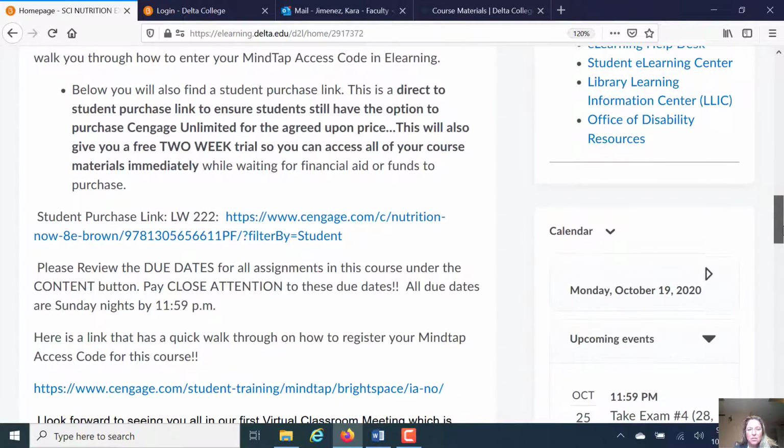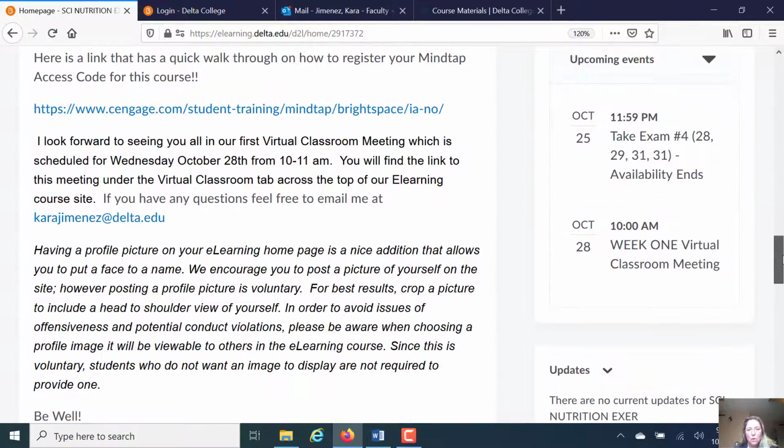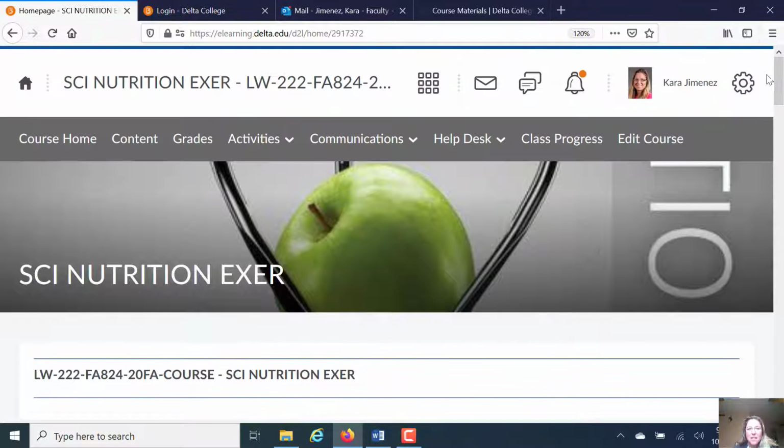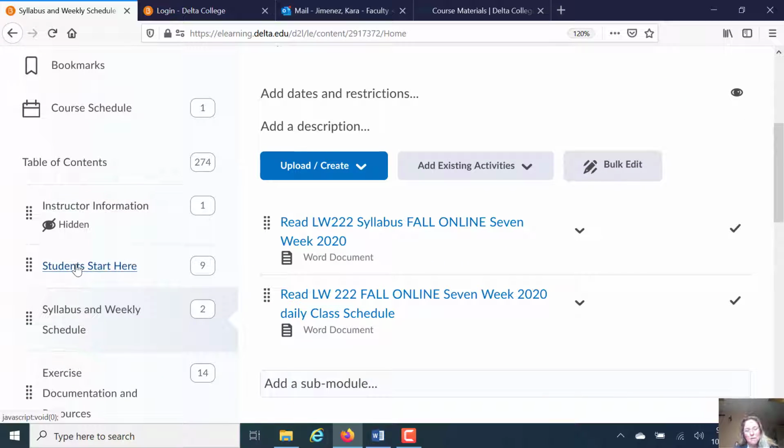Also, I've provided some additional information on Cengage, where to purchase the textbook on Cengage's website, and just some more information about Cengage and how we use it within our course. In addition to that, if you go to the content button, just other helpful information is if you do initially